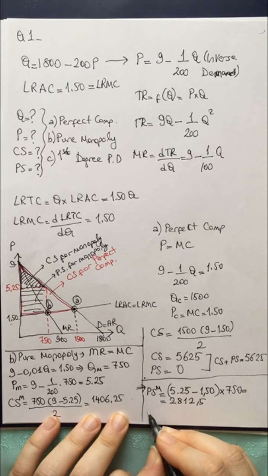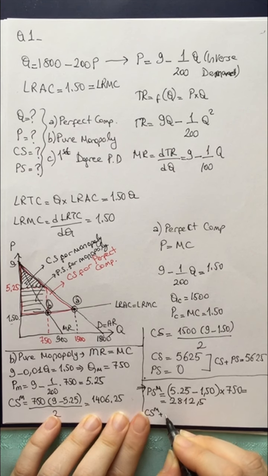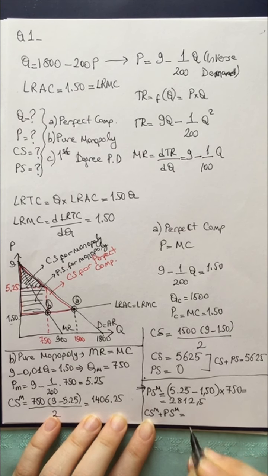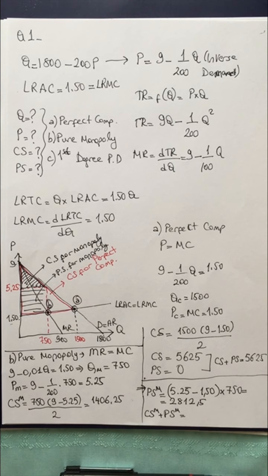So the sum of consumer surplus of monopoly and producer surplus of monopoly in that case will be lower than